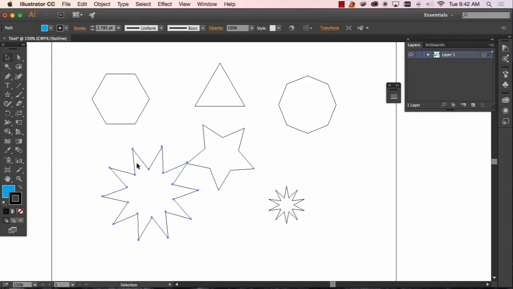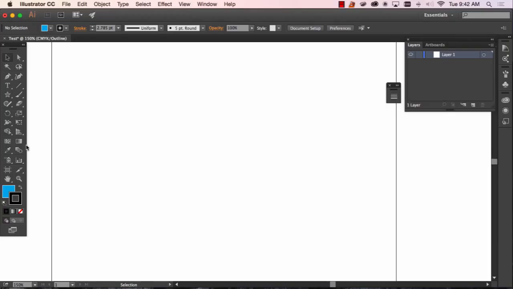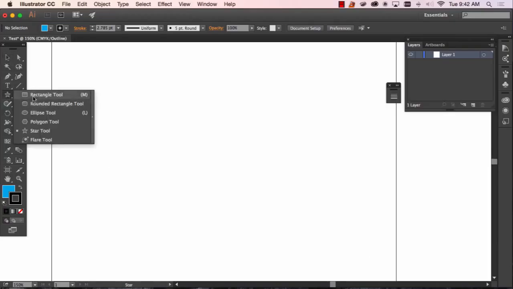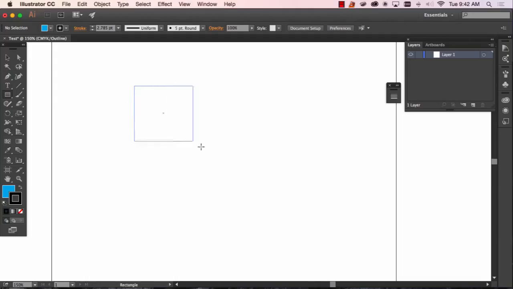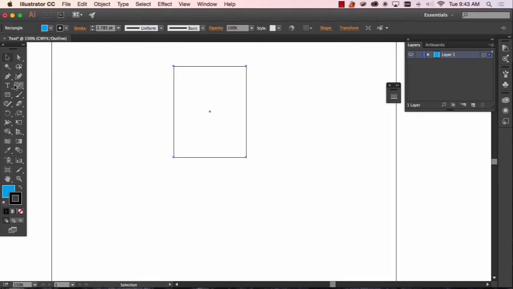Okay, so those are just kind of basic shapes you can use in Illustrator to get started creating your objects. Something else I want to show you real quickly is, and this is kind of the same as InDesign. So I've drawn a shape and I want to resize it. I get the selection tool, I click it, and in Illustrator it wants to grab that. Okay, so what you'll want to do is